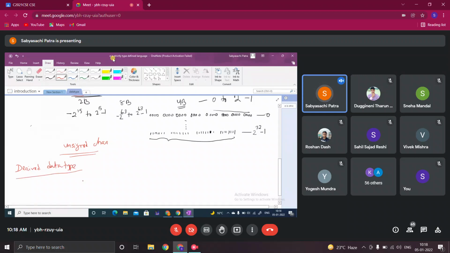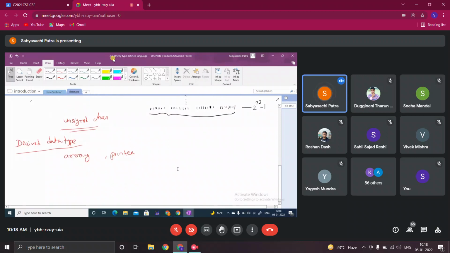You can derive some data types from the fundamental data types. Derived data types are array and pointer. We will discuss array and pointer down the line.